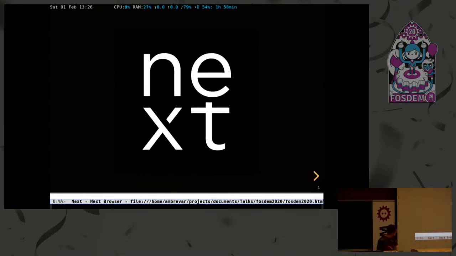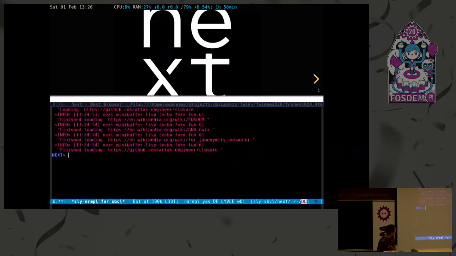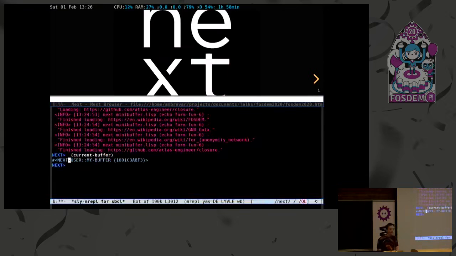So that's essentially the basics for the UI or the UX. But as I mentioned before, it's written in Common Lisp, which means that you can leverage the language to hack it. And I mean by that, program every single part of it live. So for instance, here I go back to my repo, where I can evaluate code. If I evaluate the function current buffer, I get an object here, which I can start introspecting.